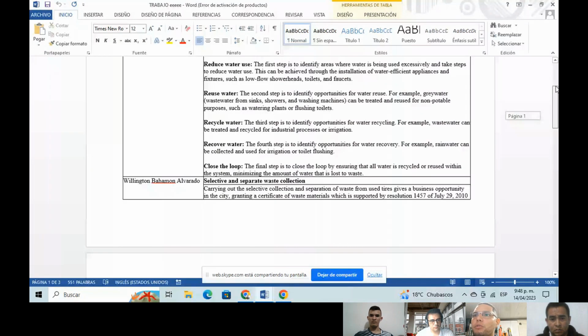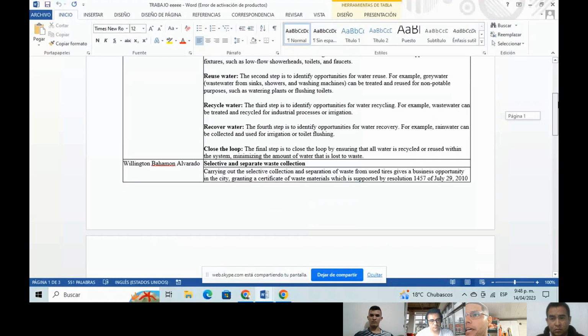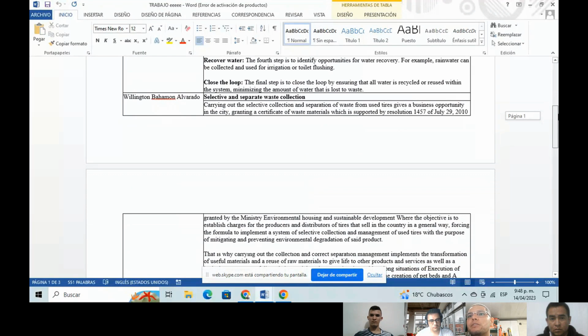Number 1 is reduce water use. The first step is to identify areas where the water is being used excessively and take steps to reduce the water use. This can be achieved through the installation of water efficient appliances and fixtures, such as low flow shower